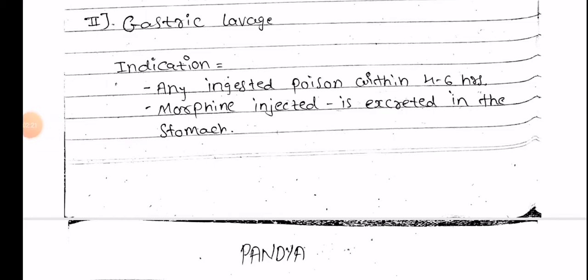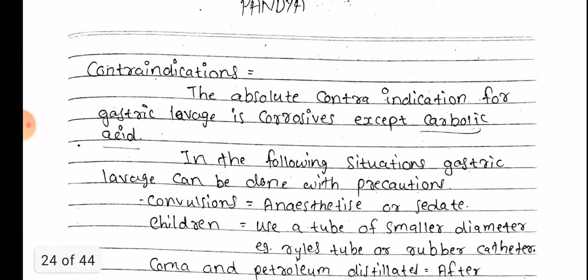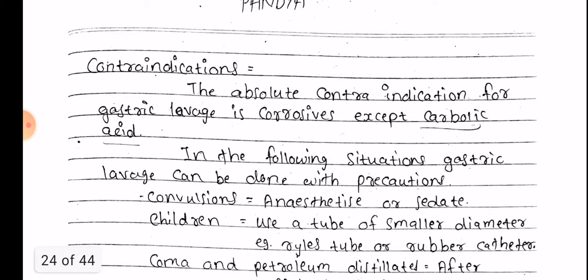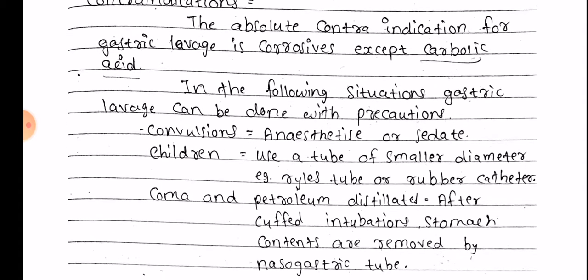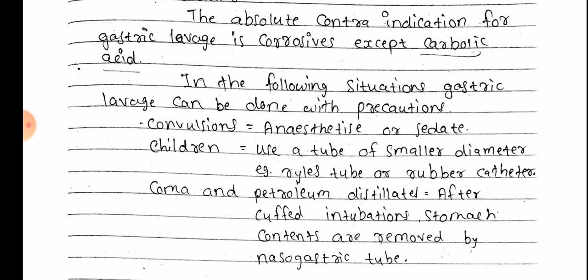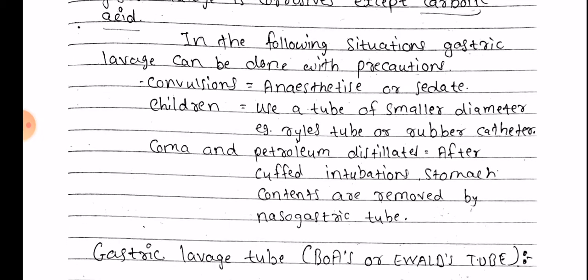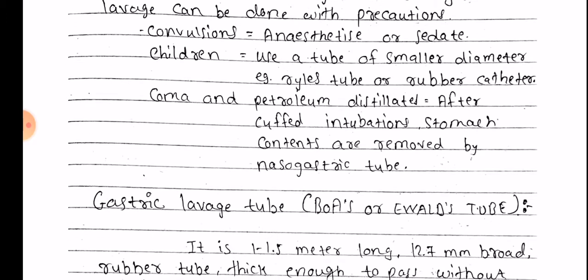Gastric lavage. Indication: any ingested poison within 4 to 6 hours, morphine injected is excreted in stomach. Contraindications. The absolute contraindication for gastric lavage is corrosives except carbolic acid. In the following situations, gastric lavage can be done with precautions: convulsions, anesthetics or sedatives. Children: use a tube of smaller diameter, example Ryle's tube or rubber catheter. Coma and petroleum distillates. After cuffed intubation, stomach contents are removed by nasogastric tube, gastric lavage tube, Boas or Ewald's